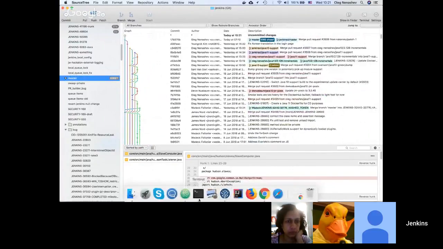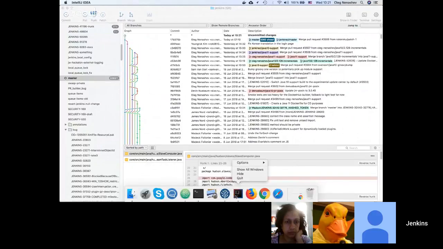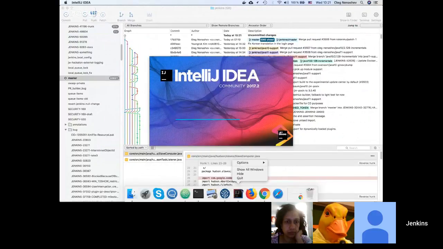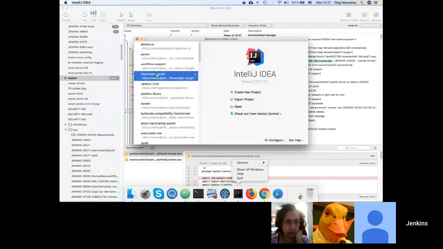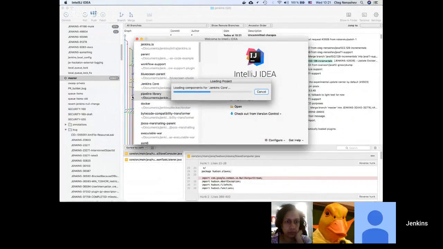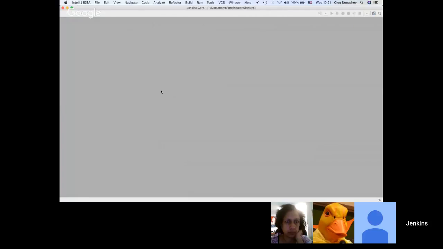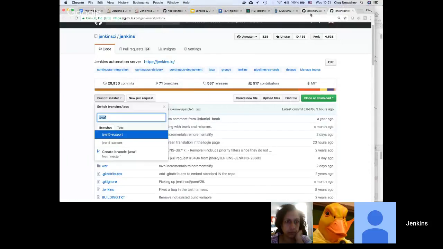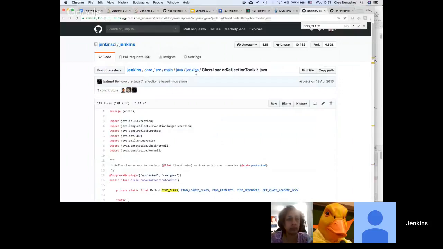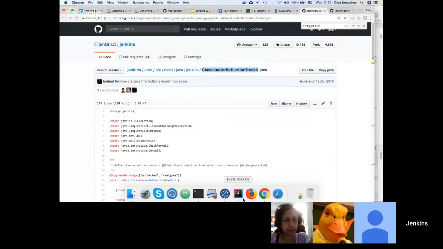Doesn't really matter. And I'm going to open my project now. Okay. So I open Jenkins core. What was our class name? It's located in Jenkins class loader reflection toolkit.